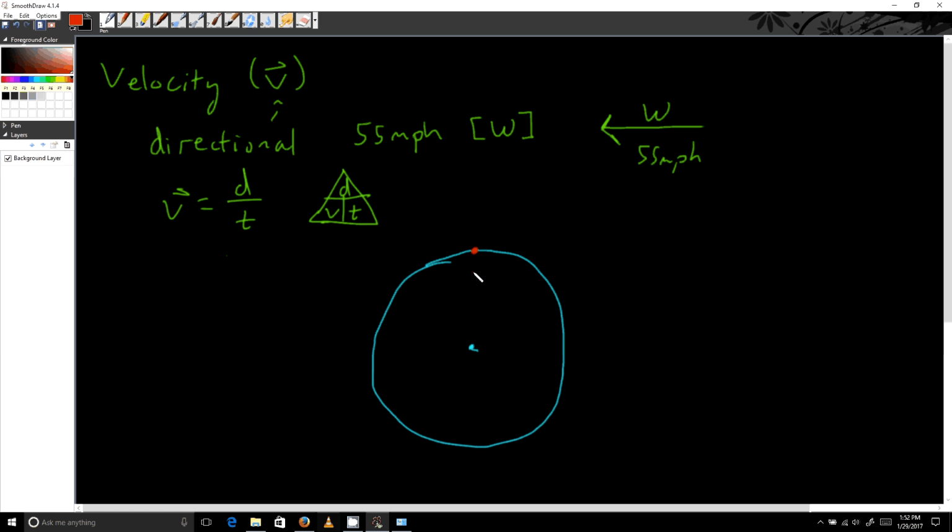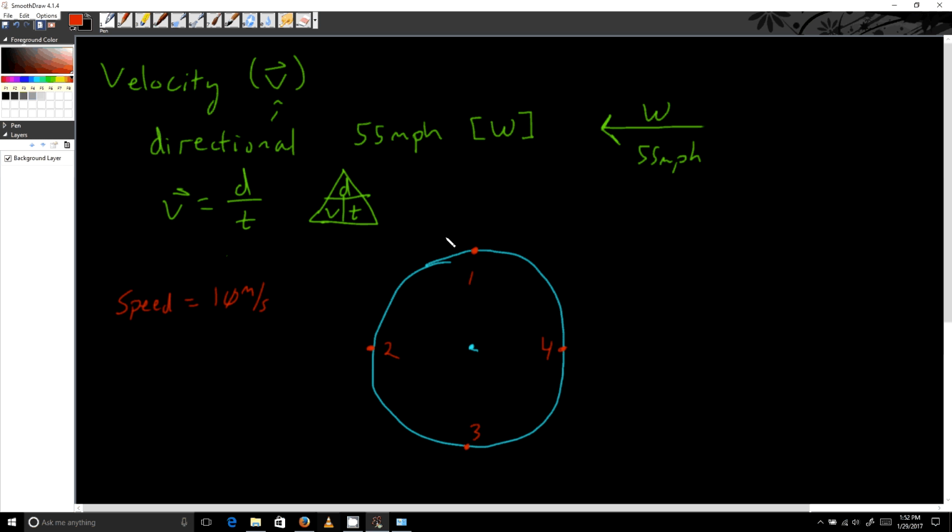So this will be position 1, this will be position 2, this will be position 3, and this will be position 4. Now let's say this vehicle, or this object, is traveling at a constant speed of 10 meters per